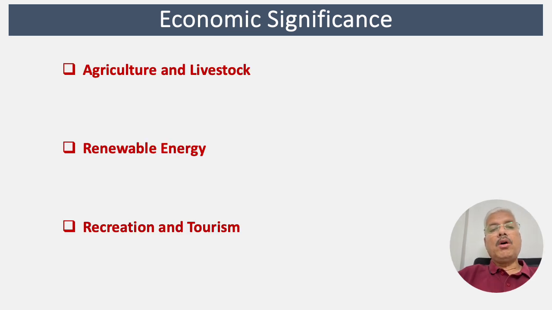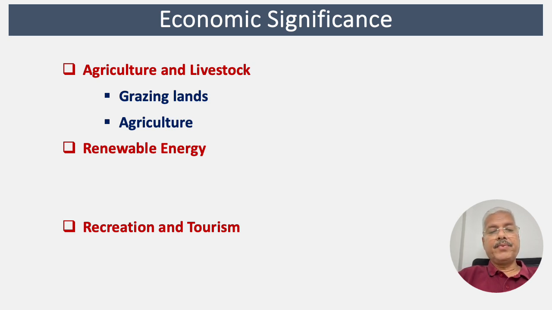Grasslands, while often overlooked in favor of forests or agricultural lands, play a vital role in the global economy. Here are some of the key economic benefits they provide. Grasslands are prime grazing areas for livestock like cattle, sheep, and goats, providing a significant source of meat, milk, and other dairy products. Many agricultural crops, including grains like wheat and corn, are grown on grasslands, contributing to food security and